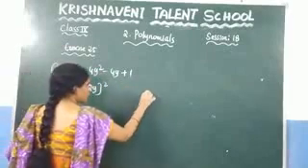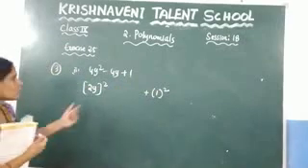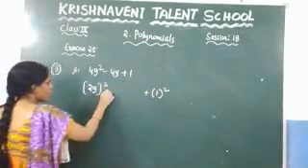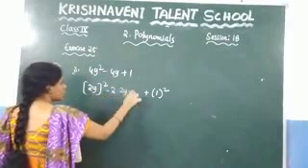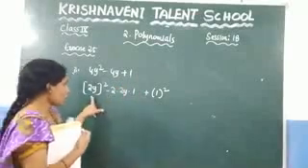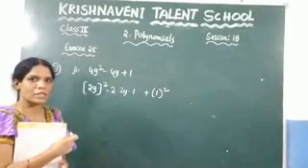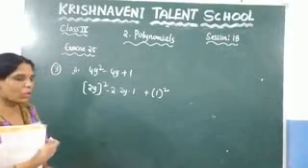Now at last, what will be there? This one you can write as 1 square. Now you need to split this value in the form of 2ab. So here minus 2 into, what is the value of a here? 2y, and what is the value of b here? 1. So it is in the form of a square minus 2ab plus b square. What is the formula for a square minus 2ab plus b square? Which is nothing but (a minus b) whole square.